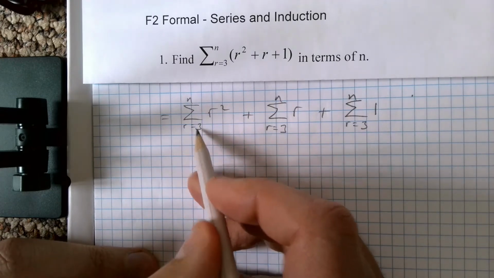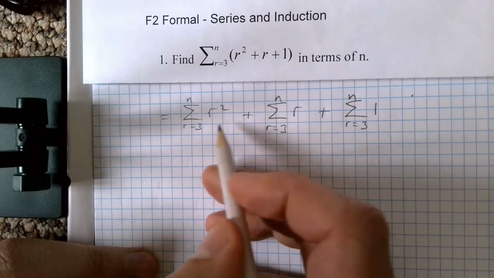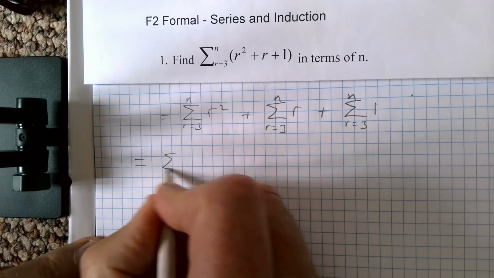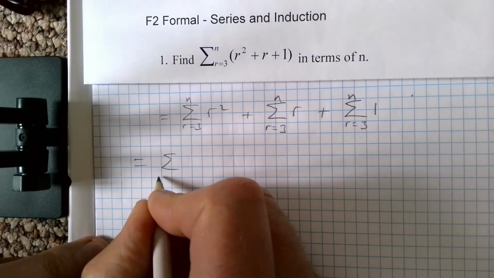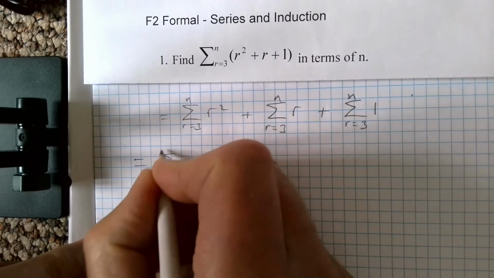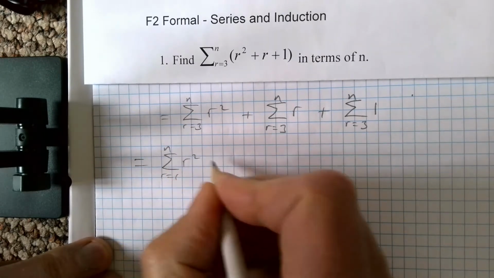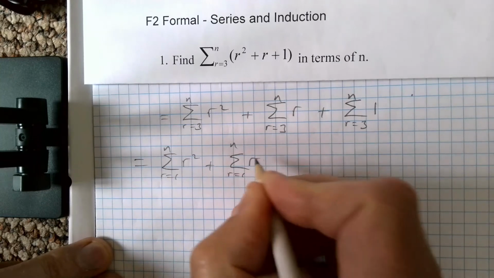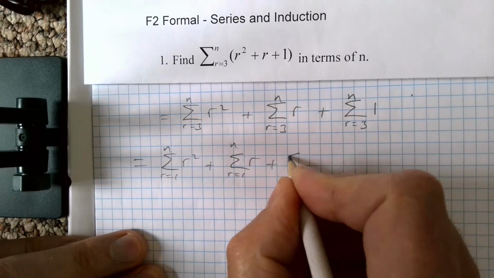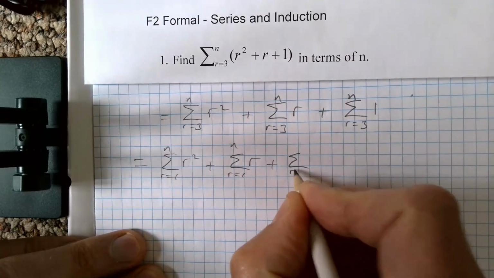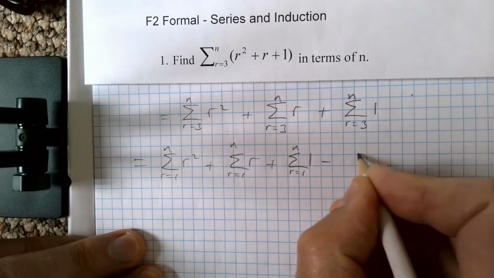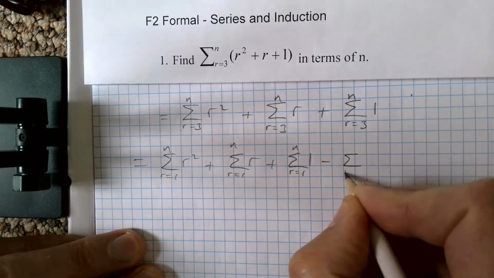But we need the sum. If we're going from 1 all the way up to n, we've got 1 and 2 there, so we need to take away those. So I'm going to split each of these up into 2. So this is going to be the sum of r equals 1 up to n of r squared plus the sum of r equals 1 up to n of r plus the sum of 1 up to n of 1, and then we need to take away from that the sum of r equals